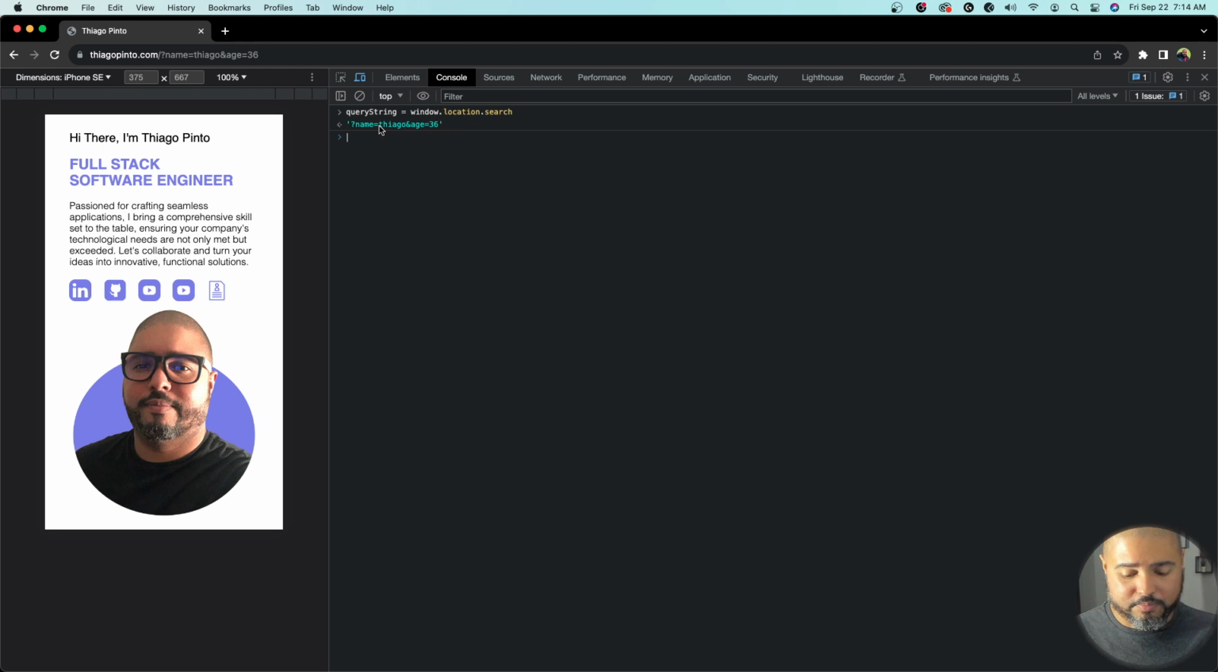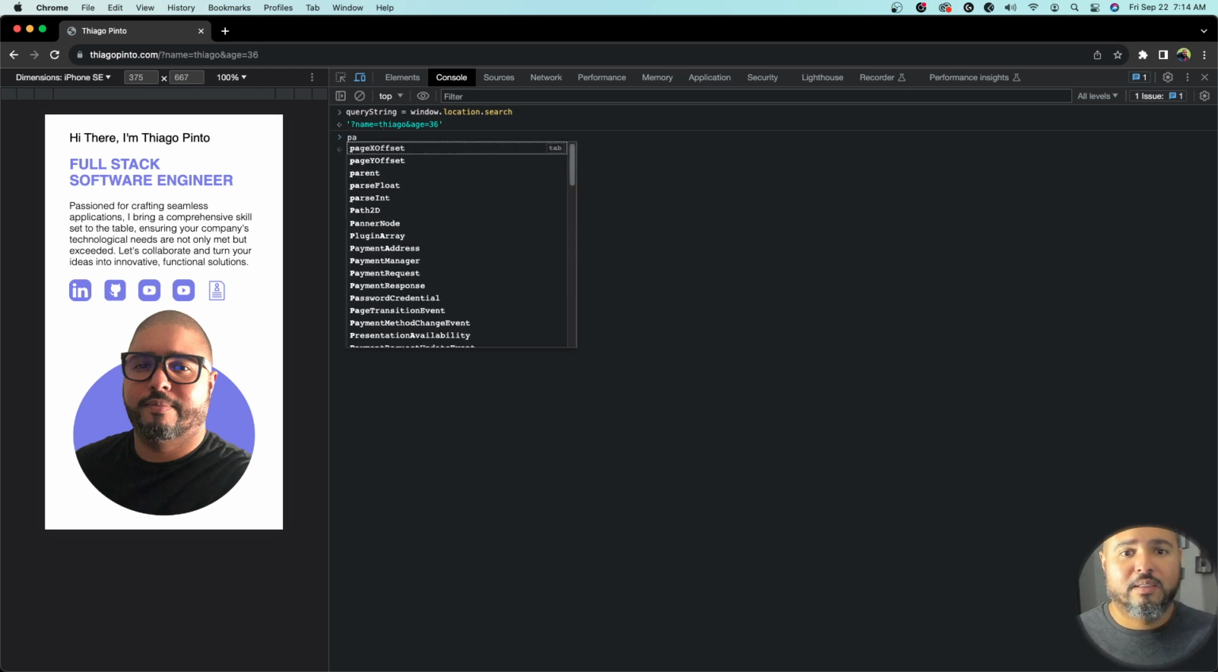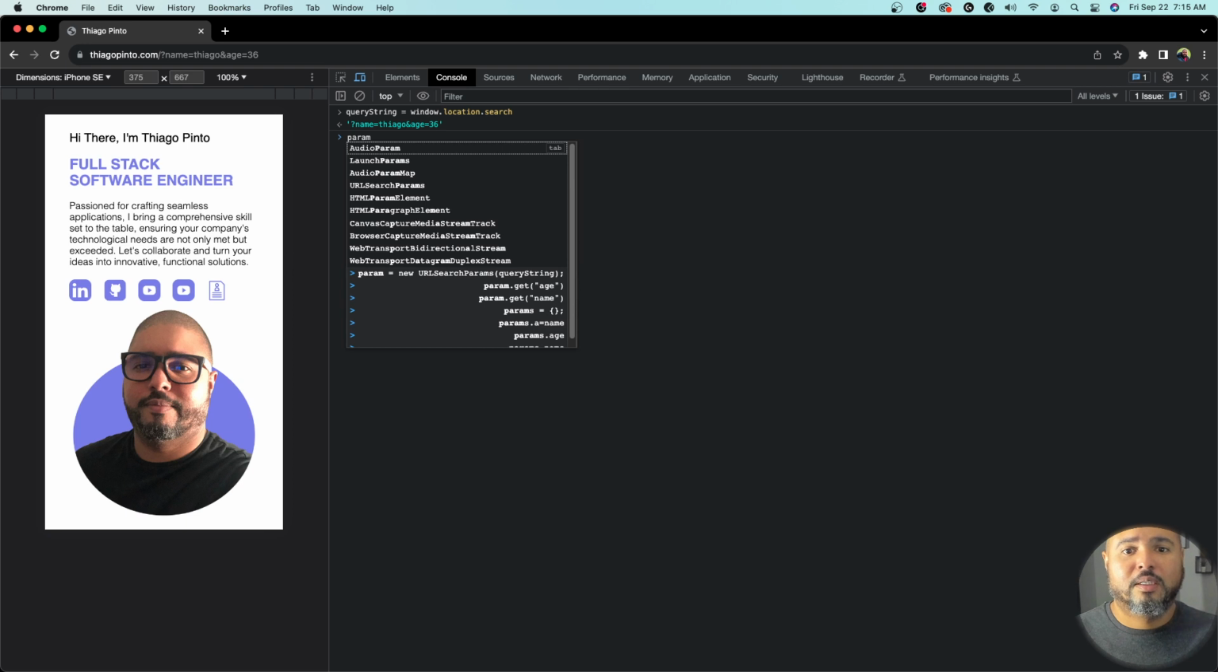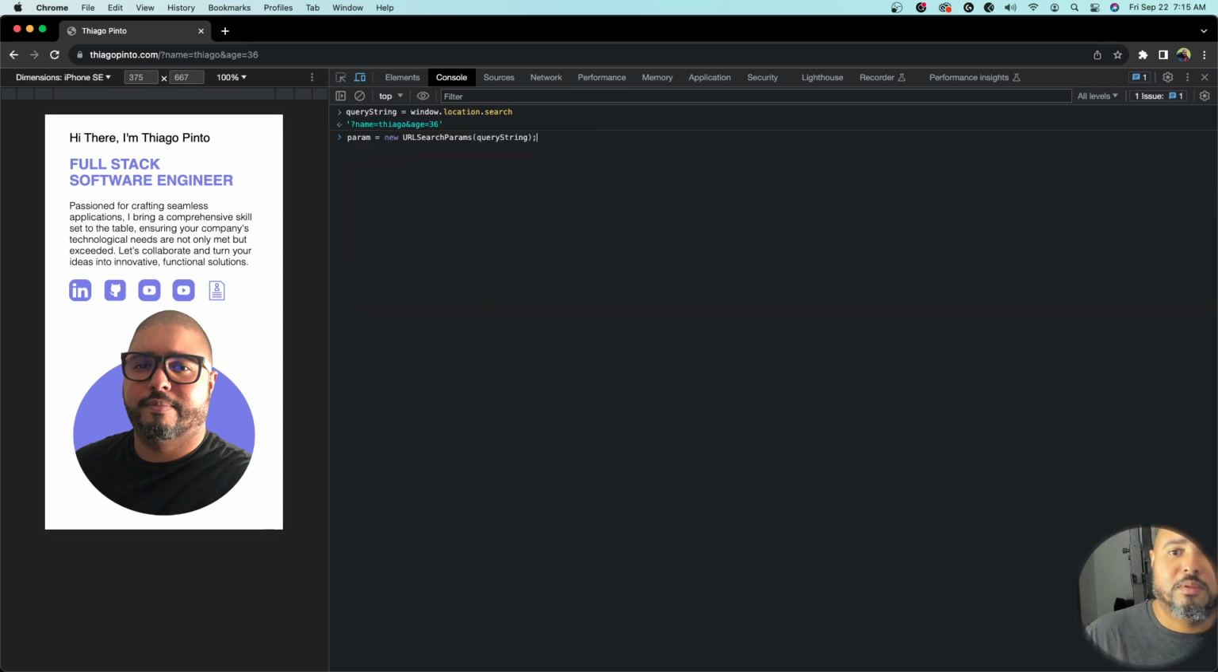We can have a variable here that we're gonna call param. In param, we're gonna assign this new object. We're gonna create an object for that. That's gonna be a new URLSearchParams, and we need to pass the query string for that. So now, if we hit enter here, as you can see, we have a size of 2, and we